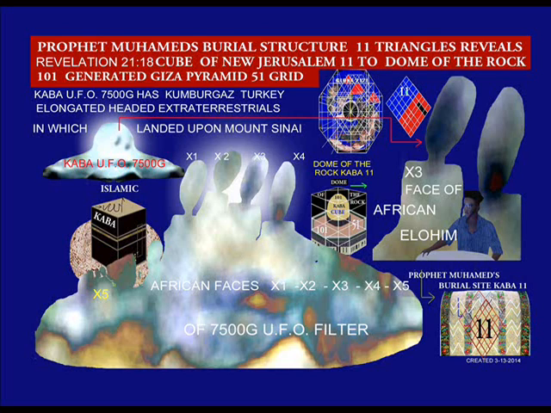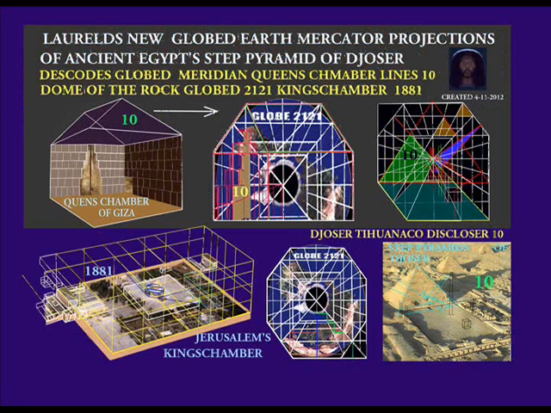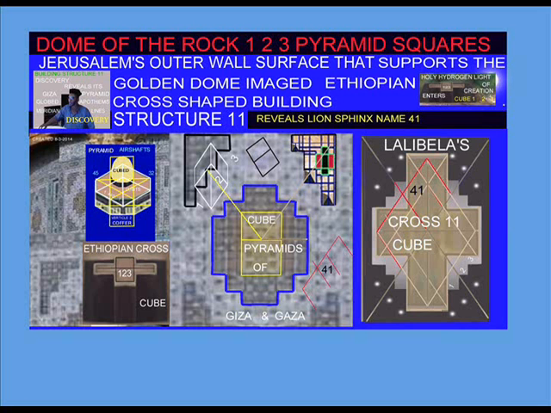So as we reconnect the fourth son of Jacob to the lion Sphinx of ancient Jerusalem that ruled in ancient Giza and Gaza over all the 12 sons of Jacob, we have reclaimed the globe earth stealth pyramid Mercator projection of the book of Psalms 105th chapter and 23rd verse, 12 sons of Jacob, that originally left the Babylonian stealth pyramid civilization of Ham, which is located in the modern Iraqi area, as they crossed the Euphrates River and entered into North Africa. So here's where we see 12 blacks leaving, 12 black tribes leaving the Babylonian stealth pyramid civilization